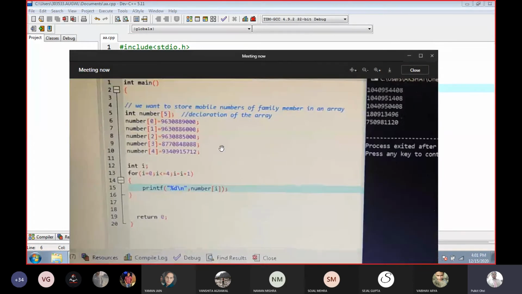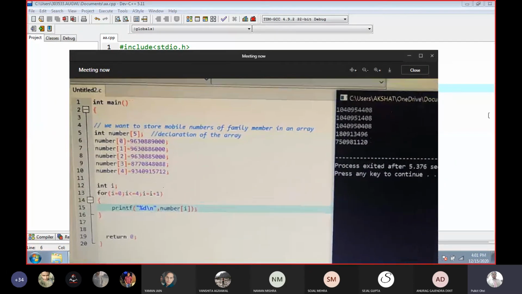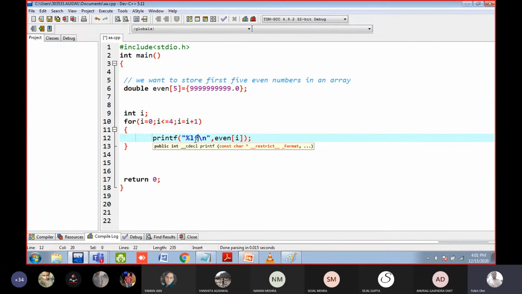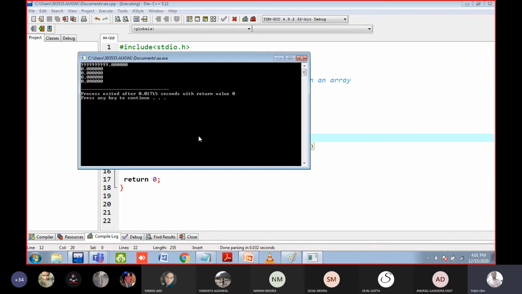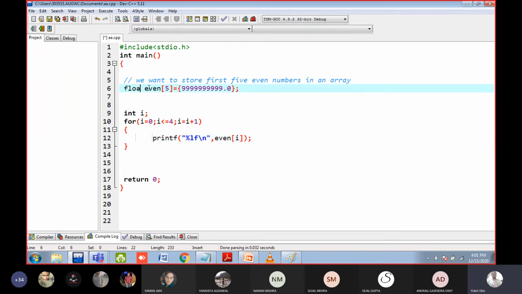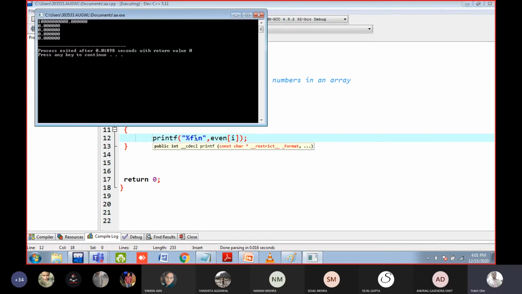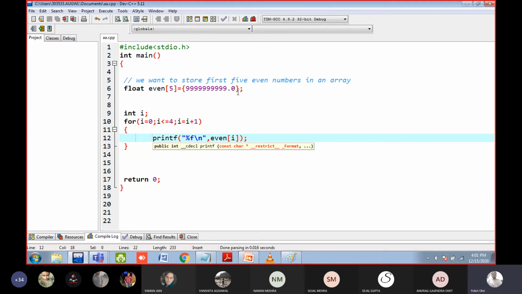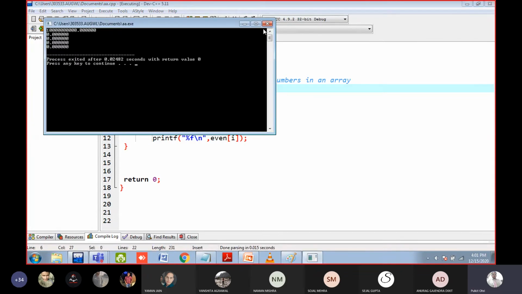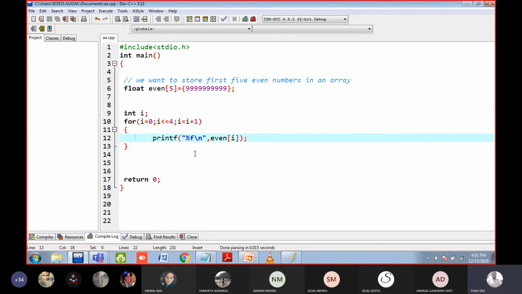Below, won't the percentage d change? Oh, okay. That's why, you know. Then it is working fine. I was thinking, where is the error? You can use even float here, okay? In the float, it works fine. The float is working. The long float, in the double, it is working fine.